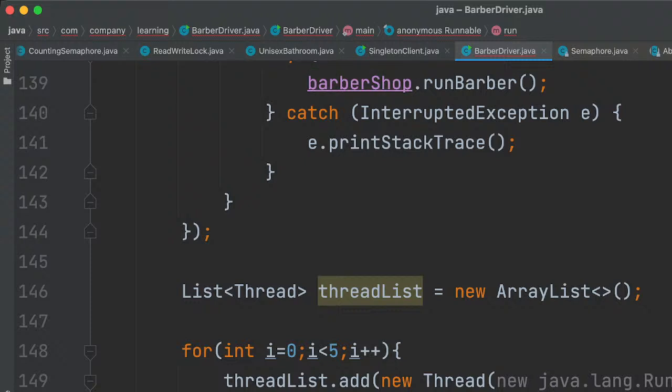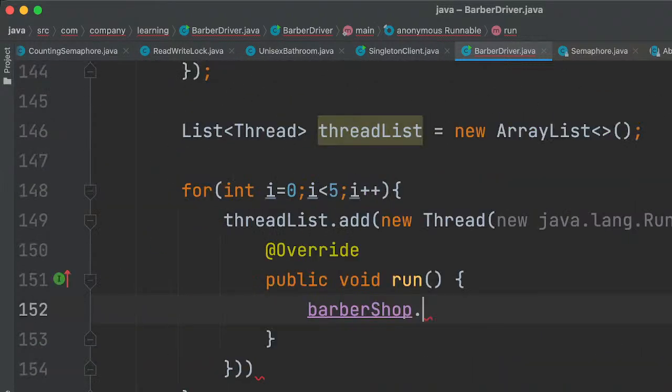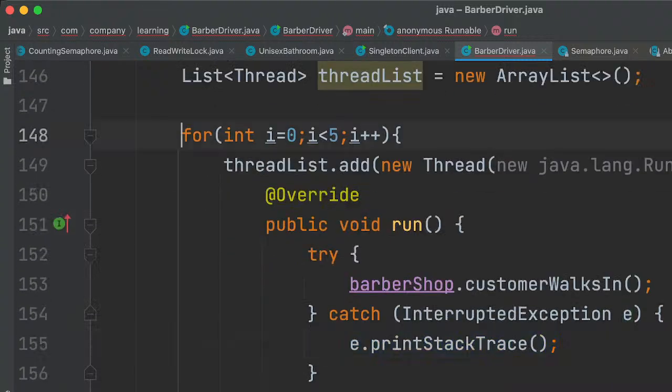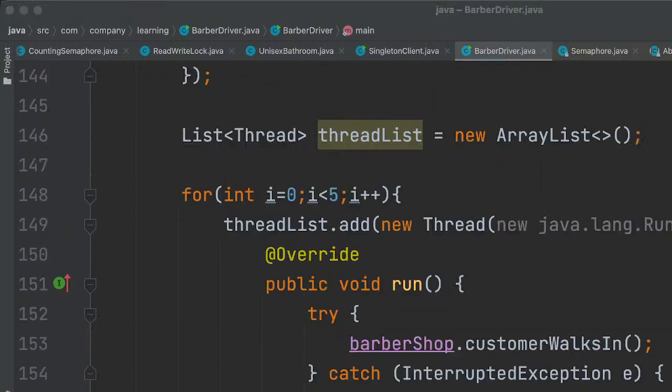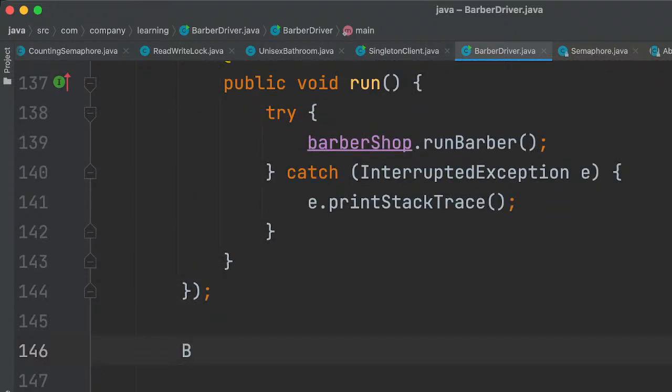So what is the API that we have? Customer walks in. So every thread, these threads will be, and we need to start the Barber thread. What is the name that I gave?